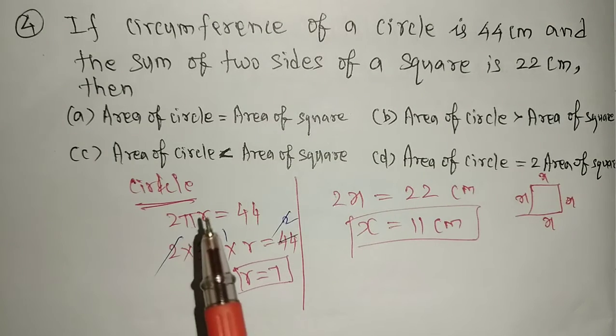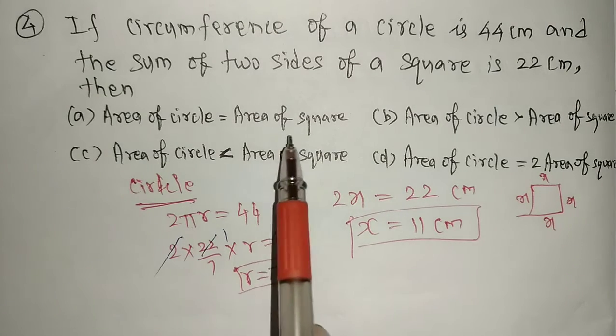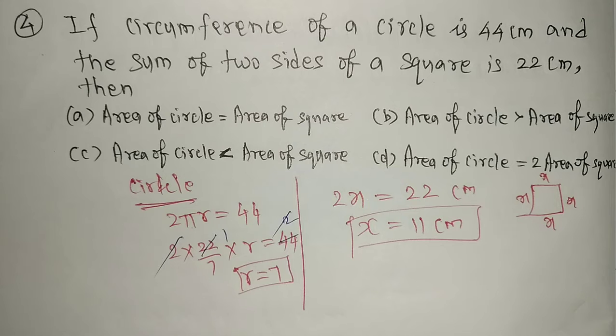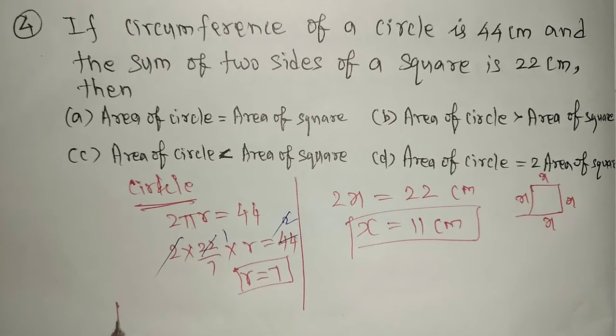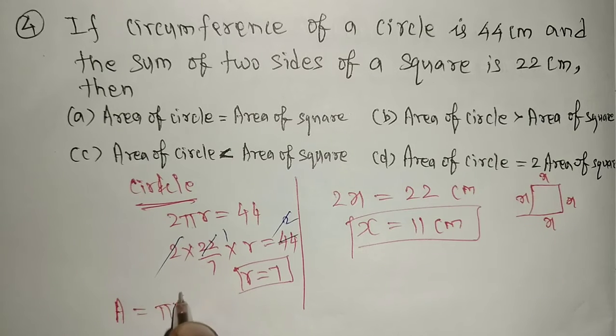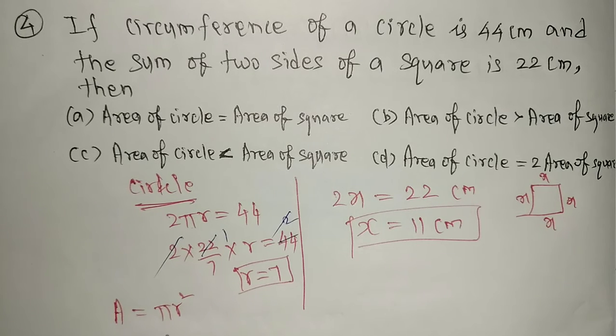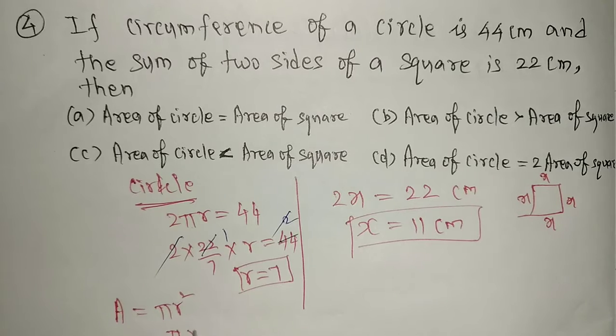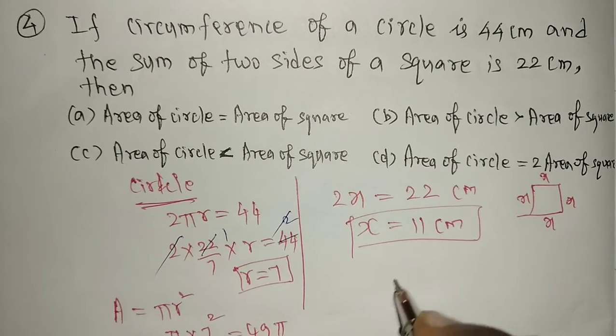Right. What they asked is the area of the circle and the area of the square. So which is greater, they are asking, or smaller or equal. So find the area of the circle. Area we know is pi r square. So what is that? Just we'll go for pi, r value 7. Okay. Square is there. So 49 pi we are getting. Right. And here